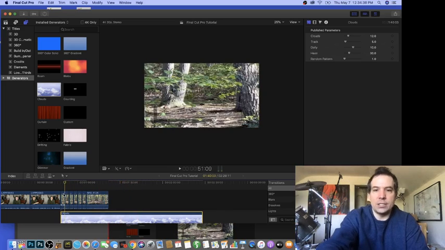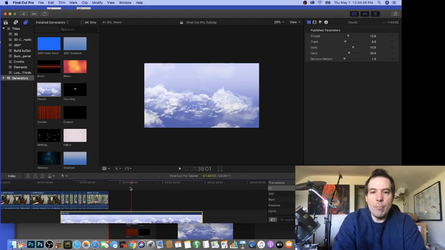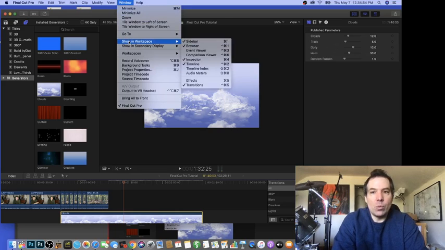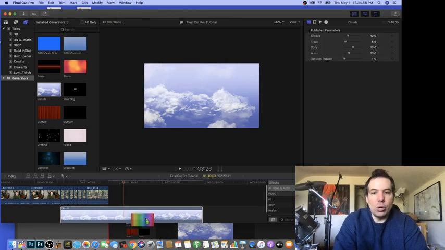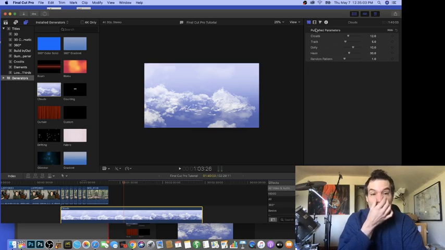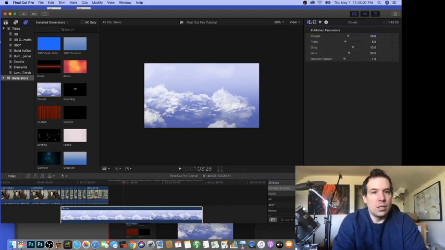So say you change the shape of this whole thing and had it animated with keyframes and had the shape moving around, then you have these clouds in the background, and then you can click on the clouds, and I'm going to go to Show in Workspace Effects. You can say color board, put the color board on top of here so you can color correct it so it doesn't look like a standard one that they always use. And you click here